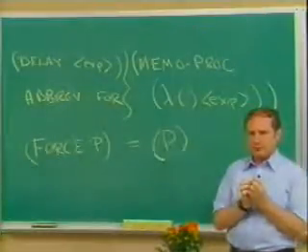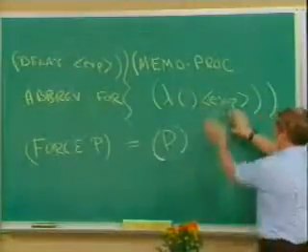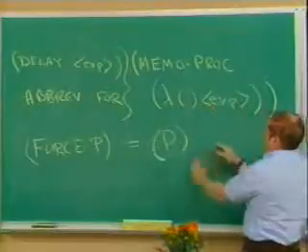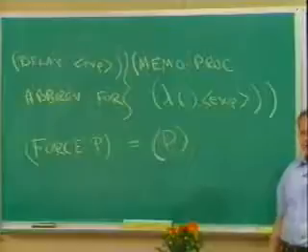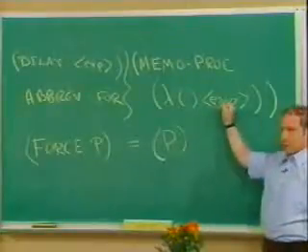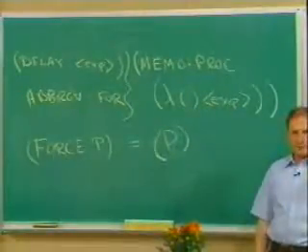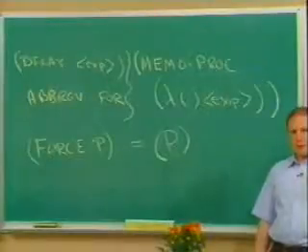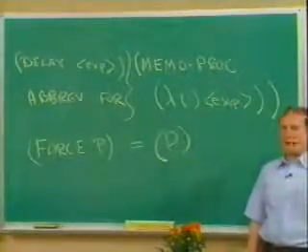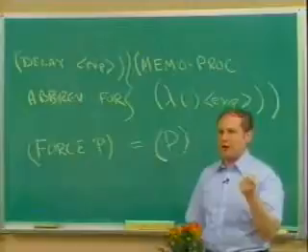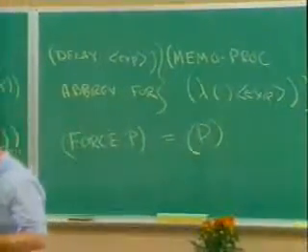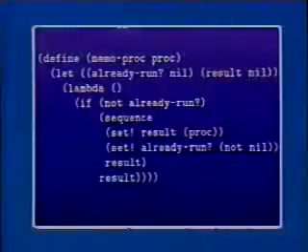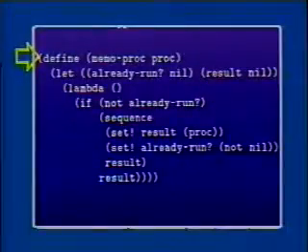And what I mean by that is you give it a procedure. The result of memoproc will be a new procedure, which the first time you call it will run the original procedure, remember what result it got, and then from ever on after, when you call it, it just won't have to do the computation. It'll have cached that result someplace. And here's an implementation of memoproc. Once you have the idea, it's easy to implement.